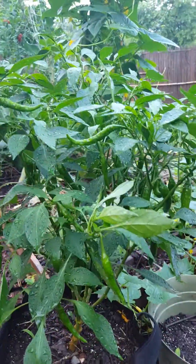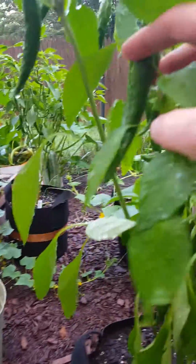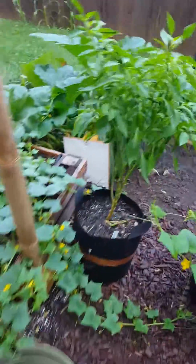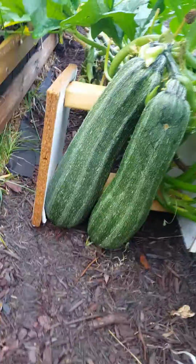I've got my cayenne peppers here that are looking good. I'm just waiting for them to turn red. These are my Korean peppers right here, which are also looking really nice. Over here I've got my zucchini. Let me show you real quick, which I was unable to harvest while I was gone, and you can see